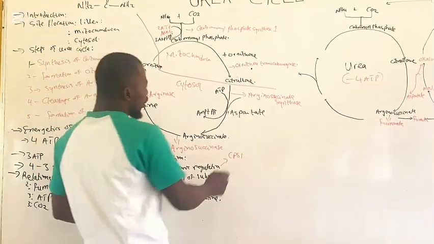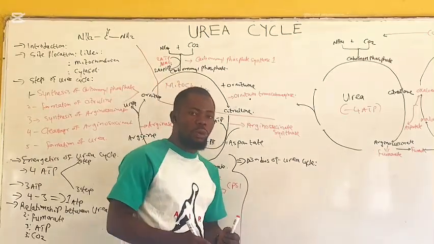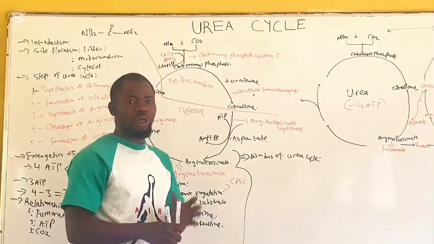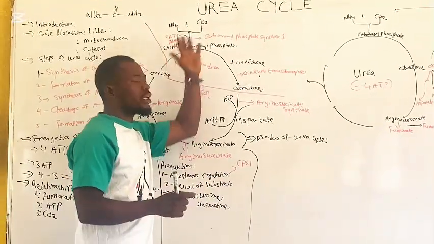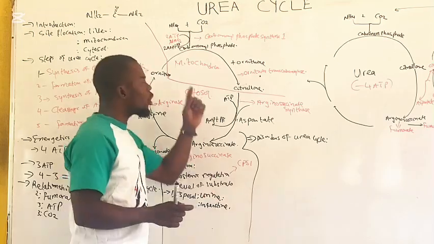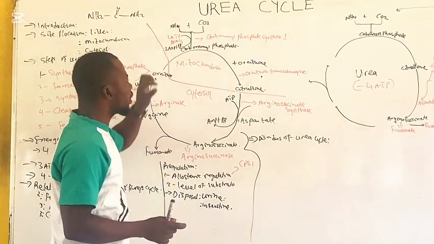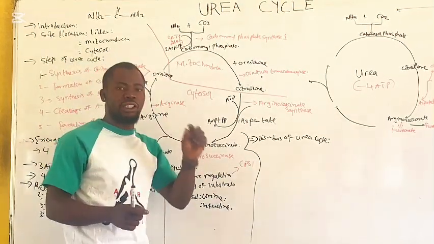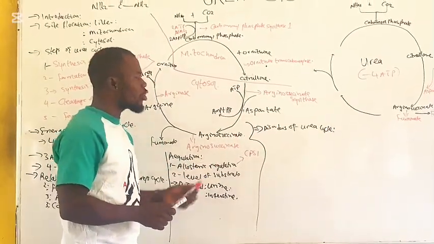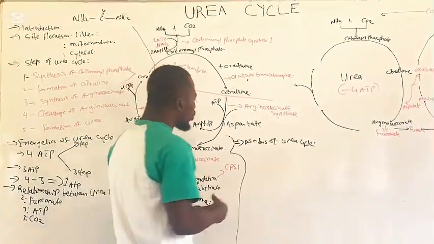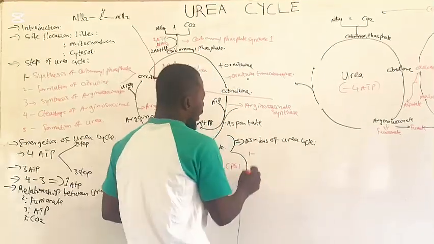The next thing here is disorders of the urea cycle. The disorders of the urea cycle majorly arise if there is a deficiency of a specific enzyme. If there is a deficiency of a specific enzyme in each of the steps, it will lead to disorders of the urea cycle. And the disorders of the urea cycle include: one, there is